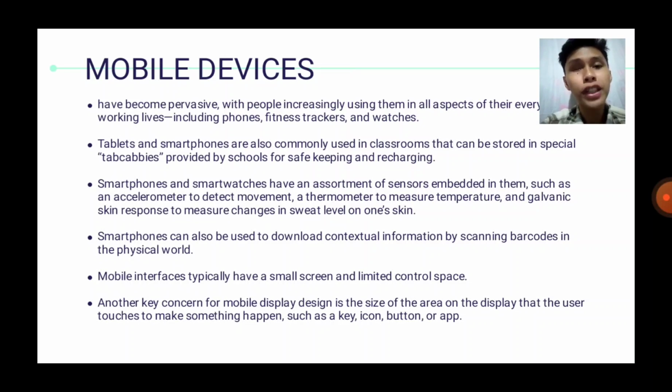Mobile interfaces typically have a small screen and limited control space. Another key concern for mobile display design is the size of the area on the display that the user touches to make something happen, such as a key, icon, button, or app. Mobile devices are handheld devices intended to be used while on the move, and have become pervasive, increasingly used in all aspects of everyday and working life. For example, phones, fitness trackers, and smartwatches, or larger tablets used in a mobile setting. Next,